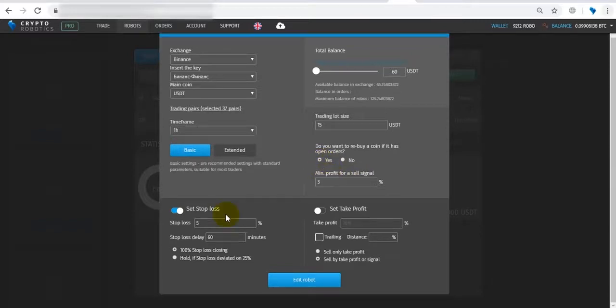Also, in the basic parameters, we can set the stop loss. Let's put 5% here and select the option when it reaches 5%. It's either 100% stop loss closing, or hold if the stop loss is deviated by 25%. I will leave it at 100% stop loss closing. And now consider the functionality of advanced settings. Press the Extended button,